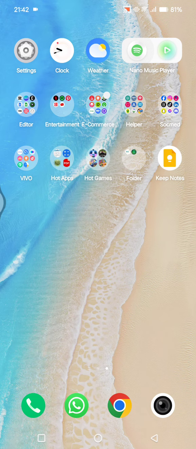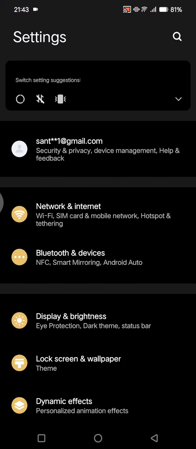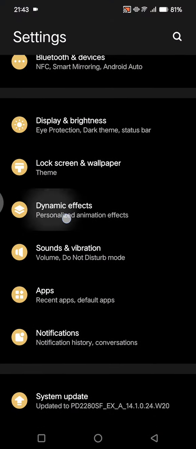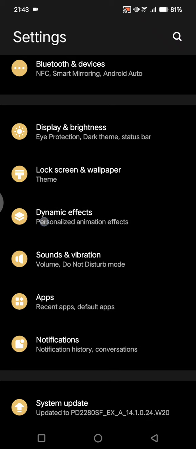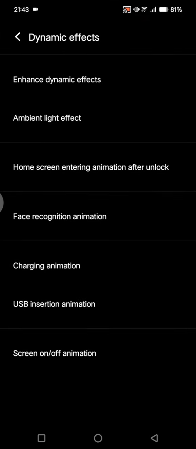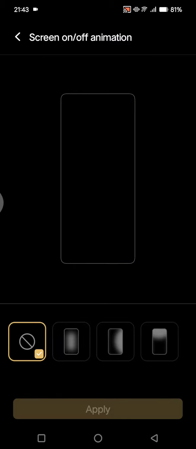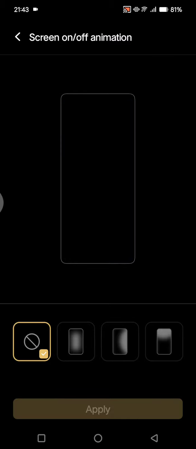On today's tutorial, I'm going to show you how you can add screen animations to your Android phone screen when it's on or off. So in here, what you need to do is open the settings on your Android device, and here you can just scroll down until you find the dynamic effects option. So just hit on that option, and at the bottom there will be the screen on or off animation. So just tap on that, and there will be a few options that you can select for your screen